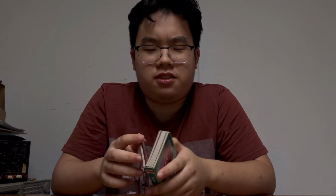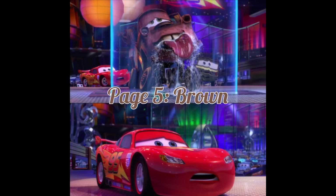And now we reach the end. This book, it always gets to me. It always gets to me at the end. It circles back around. See, Mater is brown. And Mater, if you've watched the movie, is the friend of the protagonist. Mater is what innocence truly is, like what being a good friend really means, you know? I mean, disregarding the second movie, which goes off the rails a little bit, but